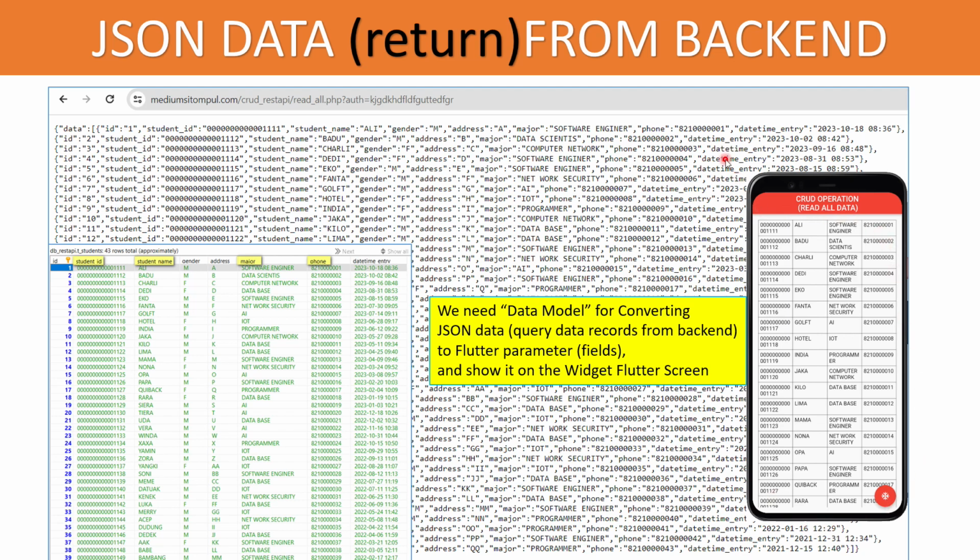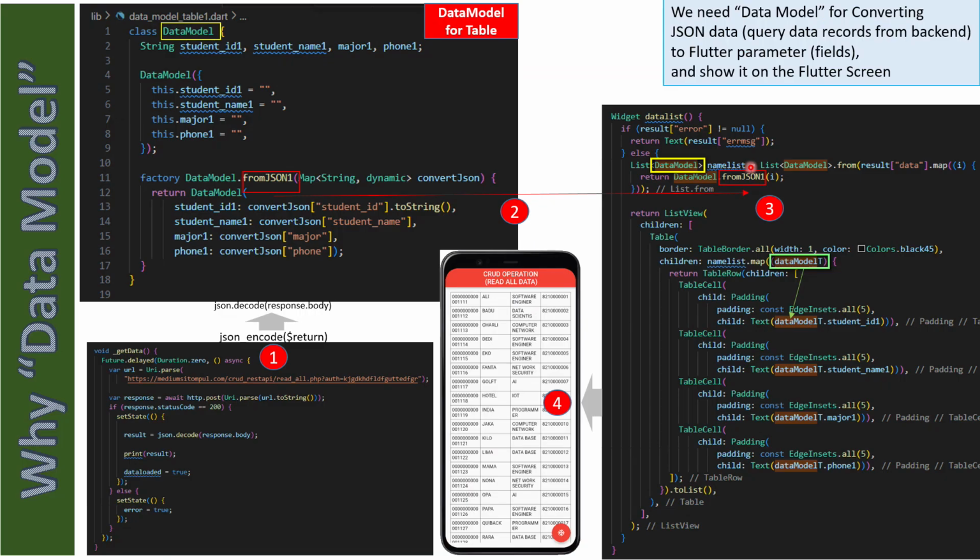Okay, now before we start coding, this is more detail. This is how to get data: send this link to the backend, and the return is JSON data, which is then sent to the data model. The data model converts the JSON to the parameters here.